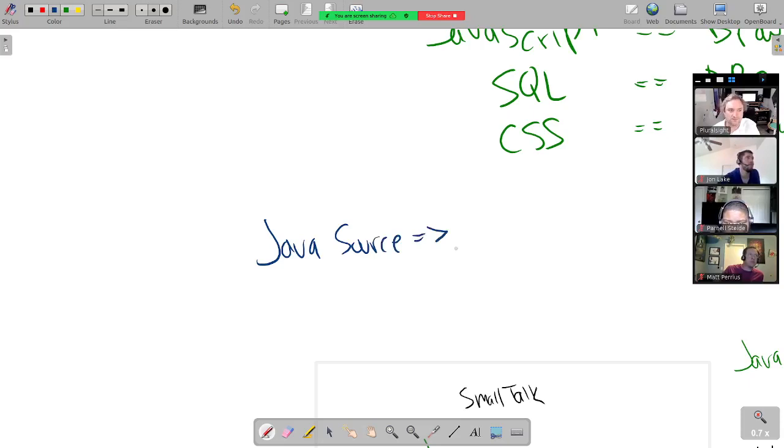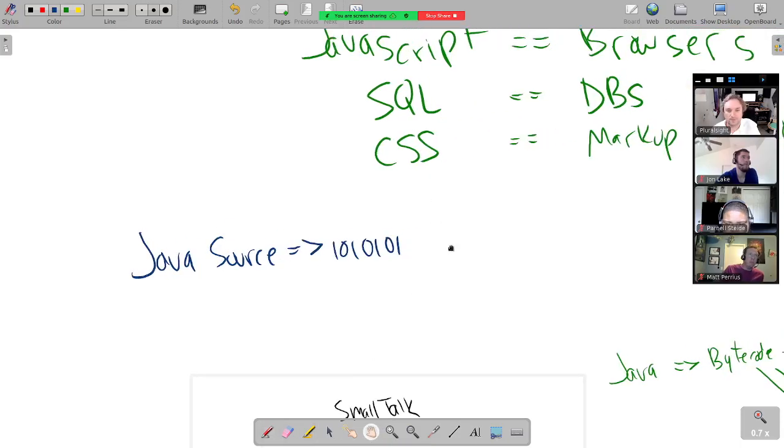That gets converted into bleeps and bloops. That's the bytecode. And then the JVM that's running on that device reads that directly. The JVM takes those bleeps and bloops and converts it into the specific kind of instructions that piece of hardware needs.